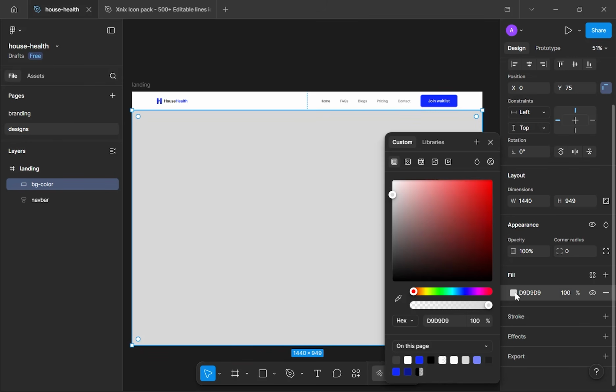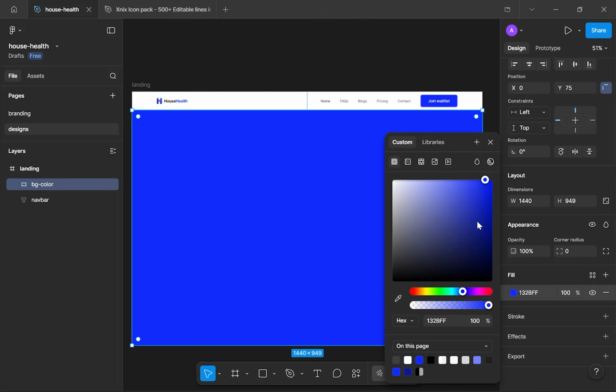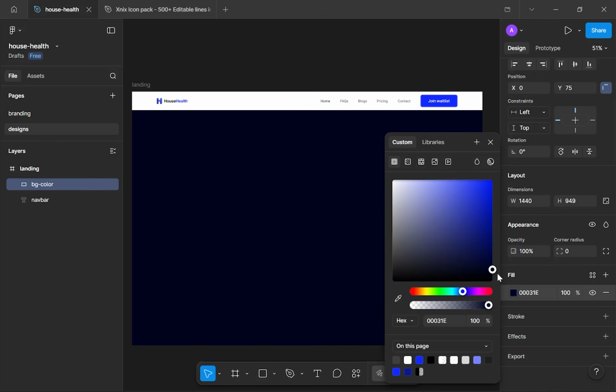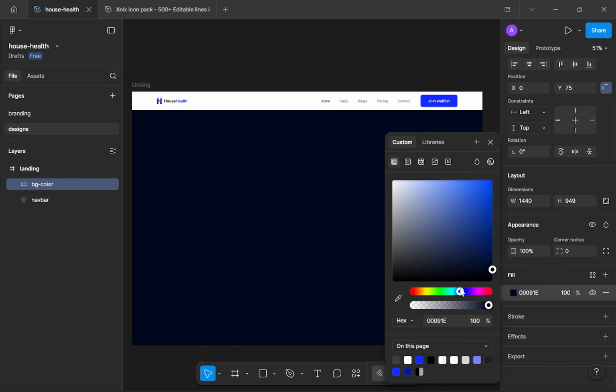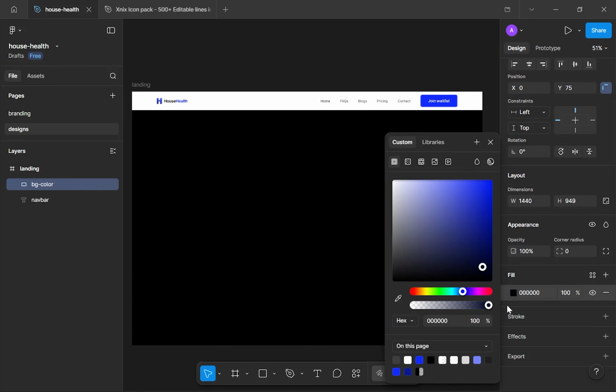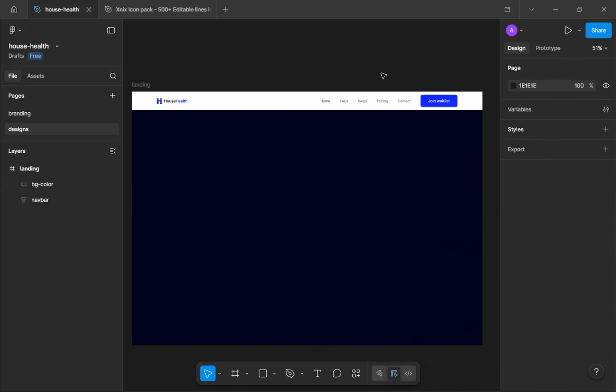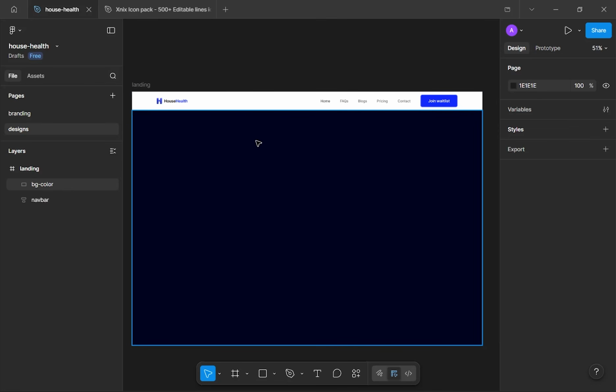So let me just select a darker color here. Let's go here to the primary color and I want to select a darker form of that color. I want to go a bit to the side maybe. Interesting. Let me just return here and go again. I don't want to go full black. I want to go something like this, maybe just around here. I think this looks nice. Okay. So this gives us a very nice contrast and we can just start working on the rest of the